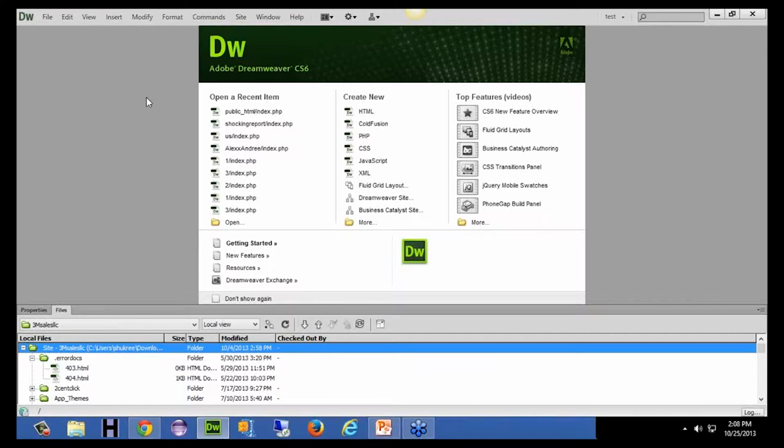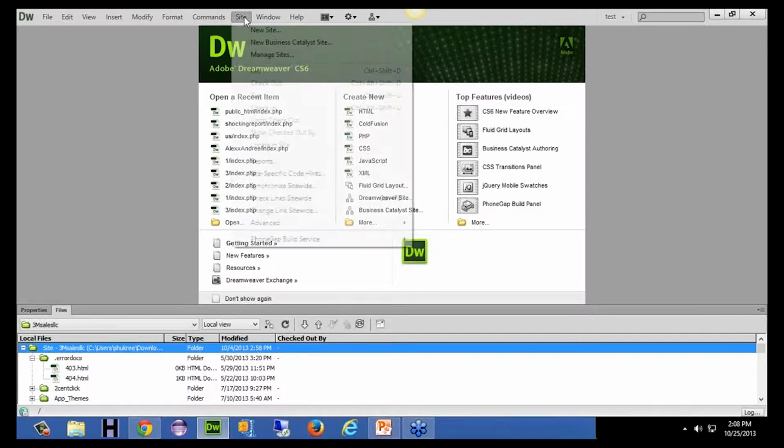okay. So what we're gonna do is use Dreamweaver as an FTP client and also as an HTML editor, and we're gonna sync both of our server and our website on our computer together. All right. And the way you do that is, first, when you open up your Dreamweaver, you want to go to Site,